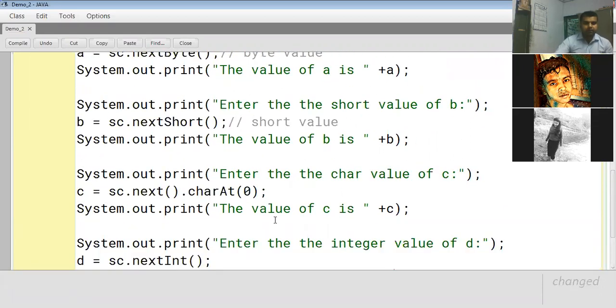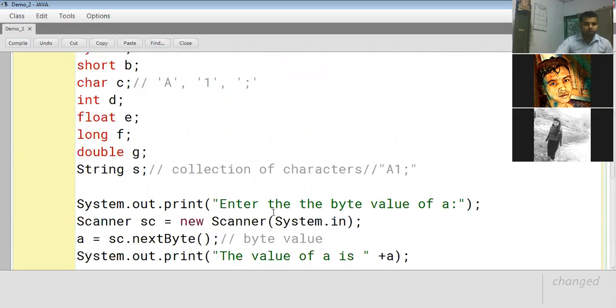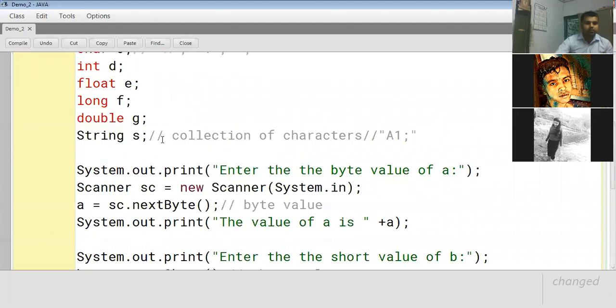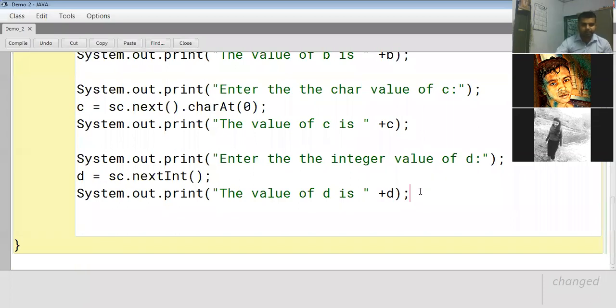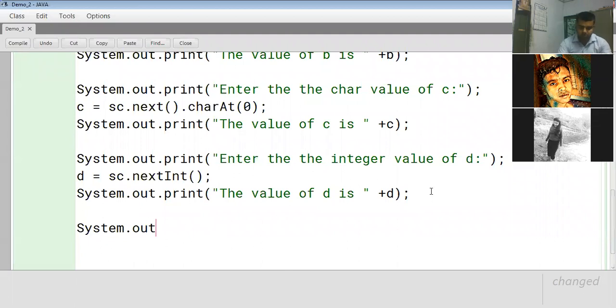Okay, since we have done a couple of these, float, you all know, we have discussed in the last class, float, long, and the double. Okay, so for the time being, I'll just stop this and I'll show you the string type, how to do. Okay, so for the string, system out print, enter the string value for s. Okay,